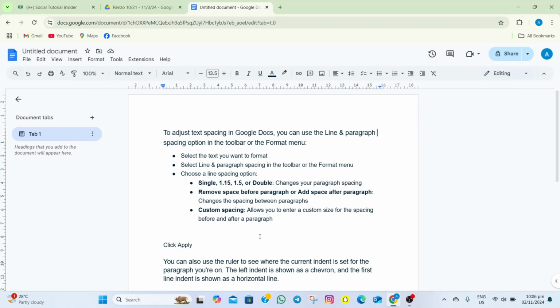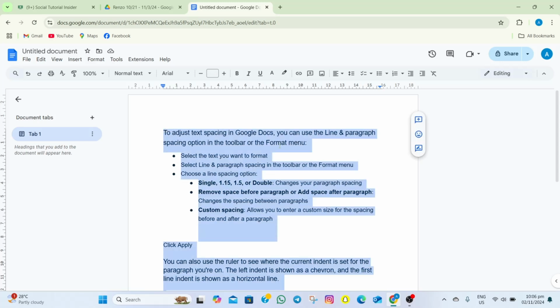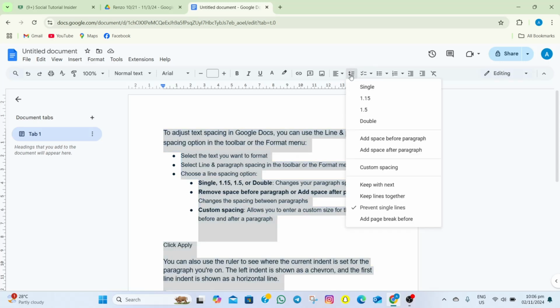To do that, I'm going to tap on the keyboard Ctrl+A shortcut to highlight all the text. Once I'm done with that, I'm going to tap on this text spacing icon, and then in here, it will show us all the settings that we can use for text spacing. You can either use single, 1.15, 1.5, and then you can also tap on this custom spacing to customize the